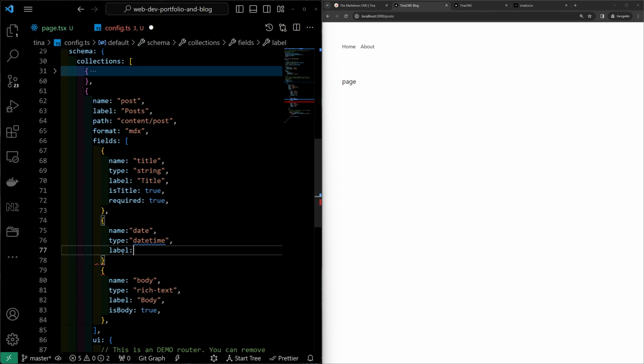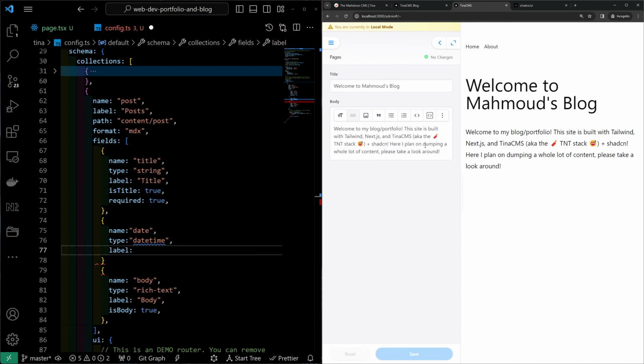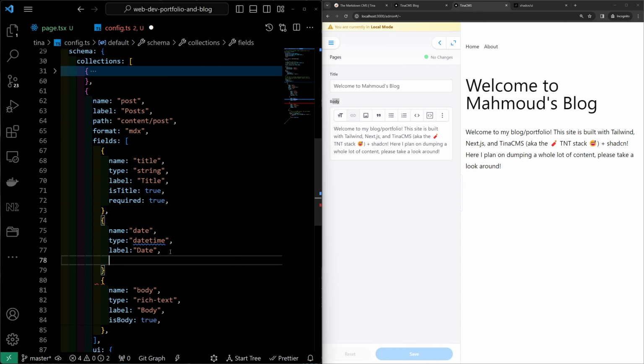Now, in case you're wondering, the label shows up in the admin. So this right here is determined by this label property, and I'll show you what that looks like in a second. So say date. And I do want to make this required because,